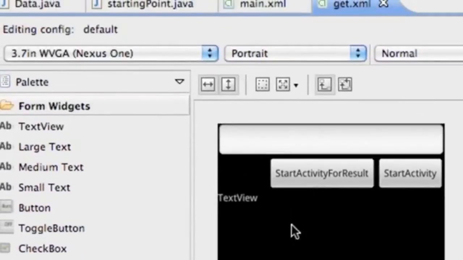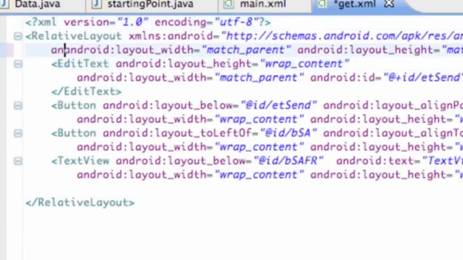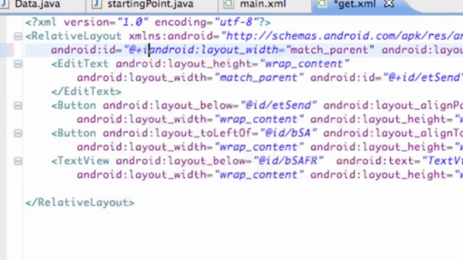And it looks something like this. So what we're going to do is go into our linear layout, or actually it's a relative layout that we use for this, and we're going to set that relative layout to have an ID as well. So we're just going to say android:id equals @+id/rel_layout. I don't think we have an ID like that. And there we go. We just basically added a reference to our layout that controls our entire XML